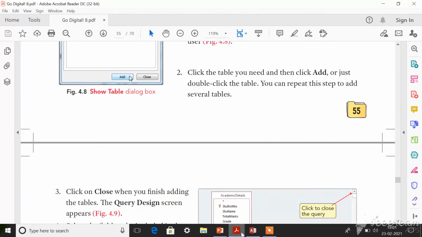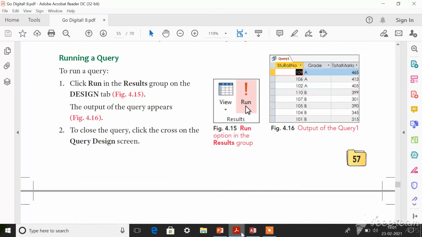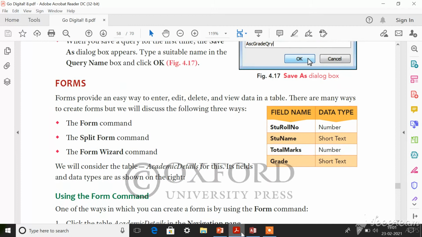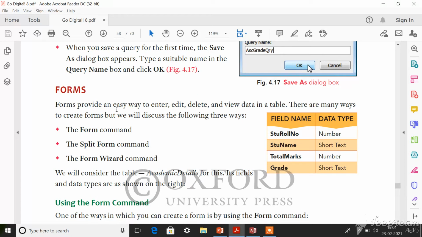Okay, your next topic is forms. On page number 58 you can see this heading, forms. Forms provide a very easy way to enter particular data, to edit data, to delete it, and also to view data in a particular table.